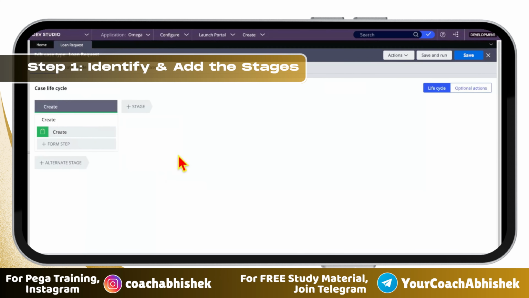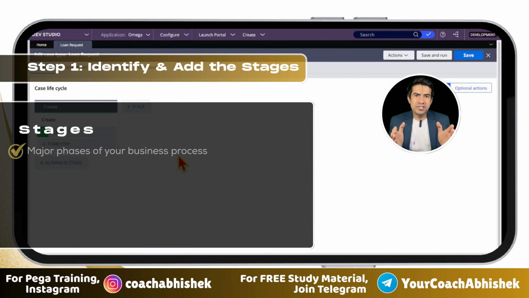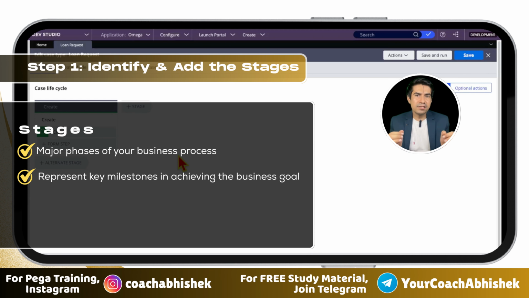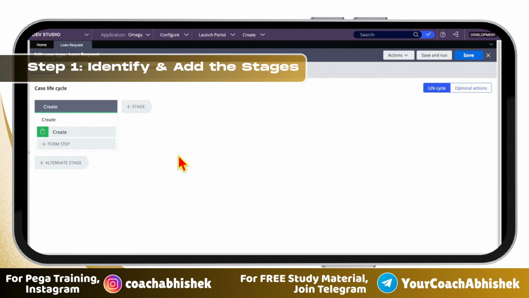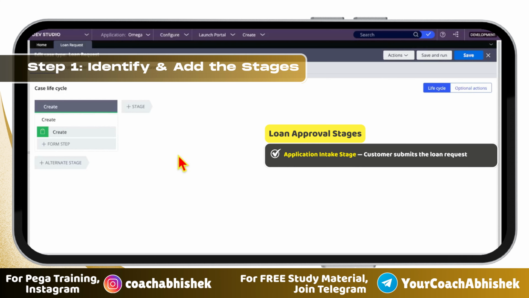First, we will identify and add the different stages involved in it. Stages are like the major phases of the process. Each stage represents a key milestone in achieving the business outcome. For example, in this case, the loan approval process could involve the following stages: application intake stage, where the customer